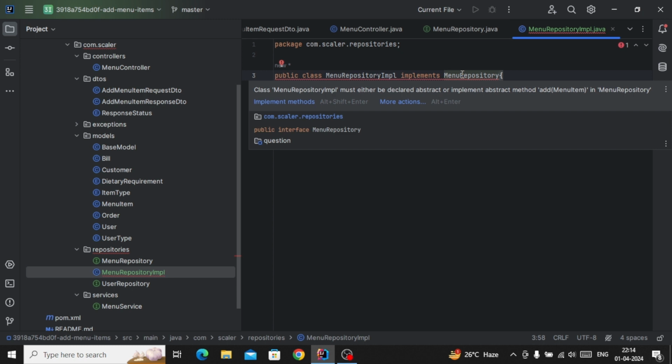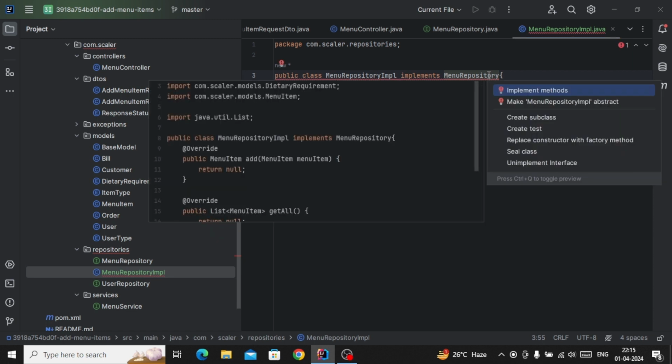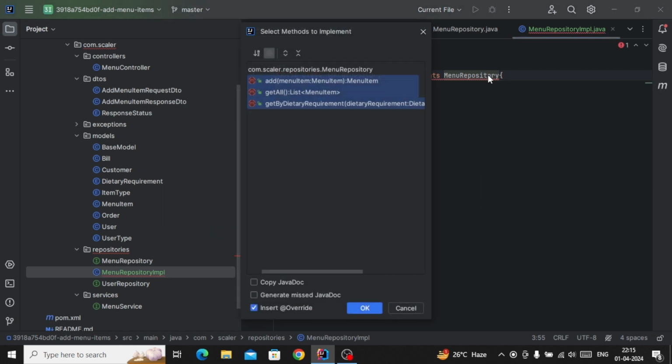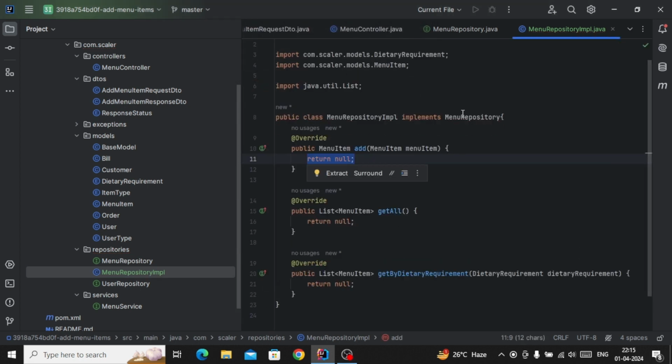If we are not implementing all the methods, then we have to declare that class abstract. Otherwise, I simply click here, press Alt Enter on Windows, and choose implement methods. Just press enter. I have three methods inside of this interface, so I click OK, insert override. As you can see, it already gave us three methods. I will do the same thing for the user repository, and then we will implement them one by one.